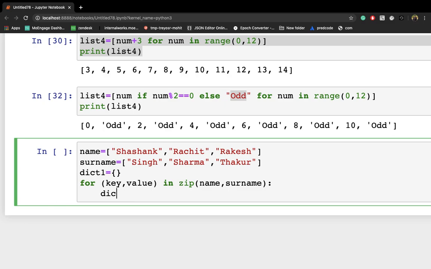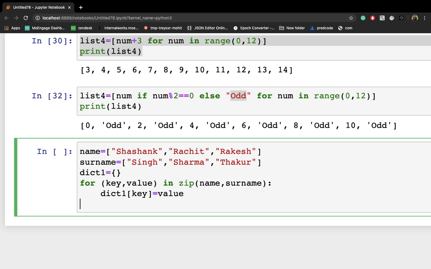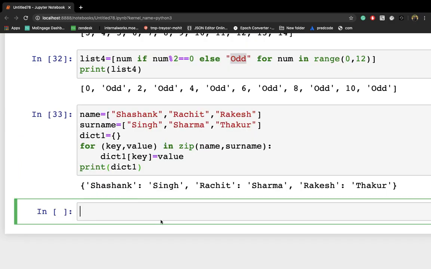Inside this dict1, which is the same variable name, here I have to write key equals value. Let me print dict1. So I'll get the zipped result, and here you can see this is a dictionary.